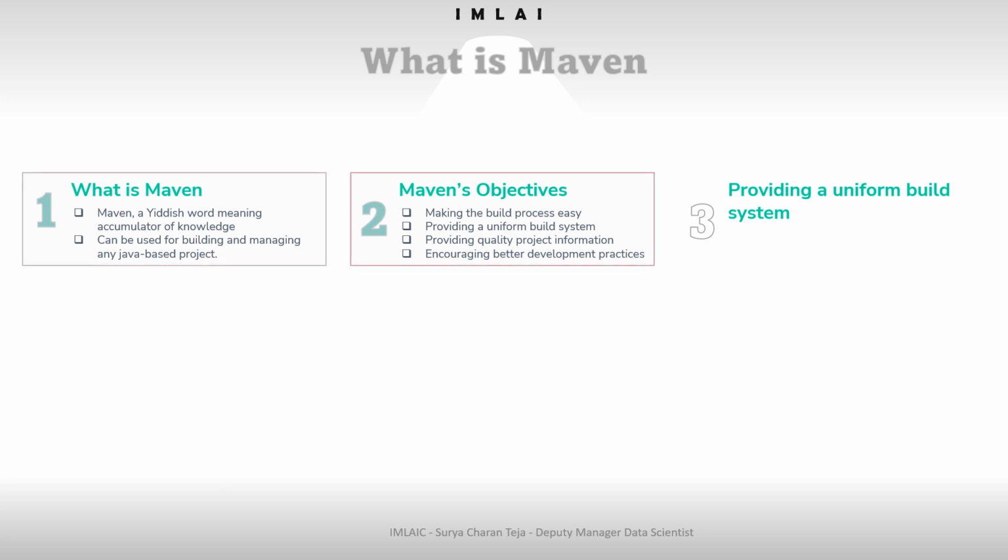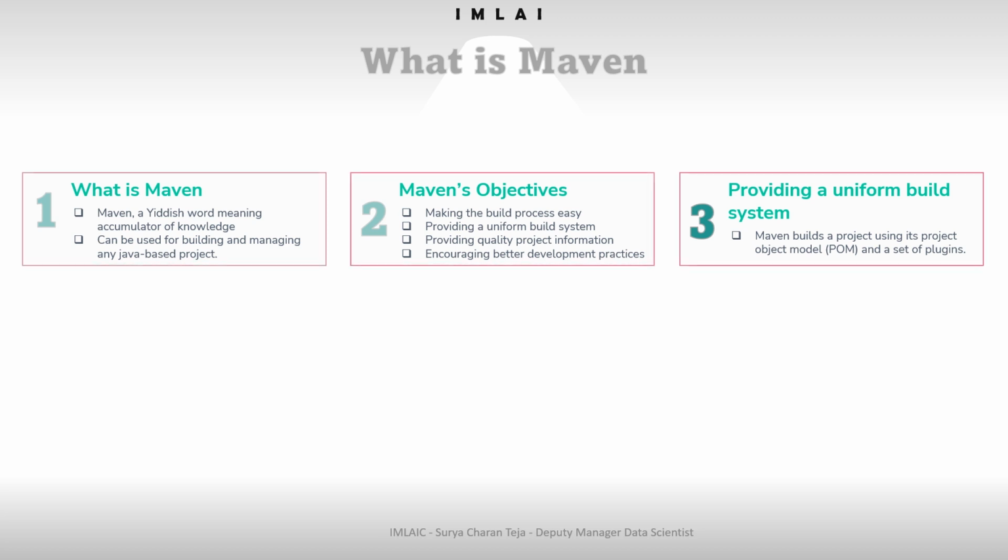What does it mean? Maven builds a project using its project object model, which we call, in short, POM, and a set of plugins. Once you familiarize yourself with the Maven project, you know how all Maven projects build. So this saves time when navigating many projects. And the third objective is